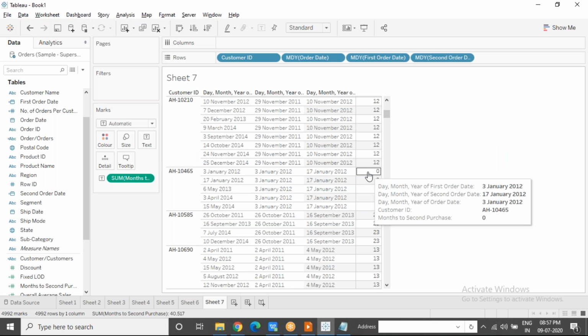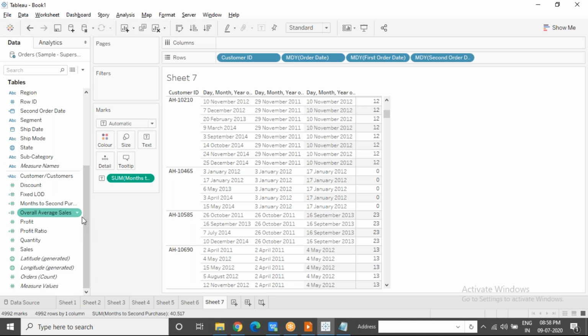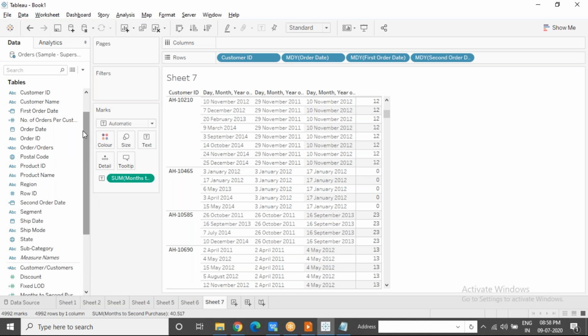Thank you. 0 is a valid number. 0 means the second purchase was made in the same month when the first purchase was made. So both of them are in the same month. All right. So you will have to create this calculated field where we are categorizing the customers depending on their